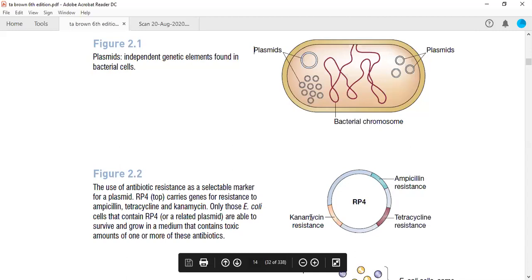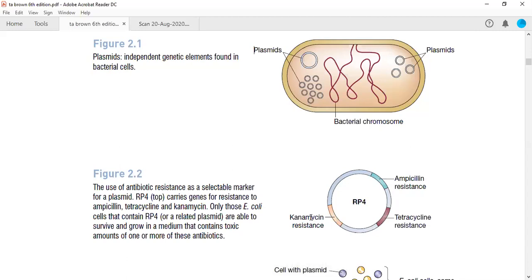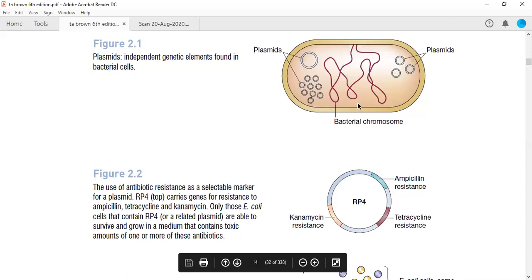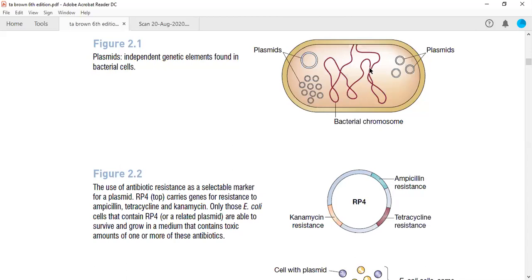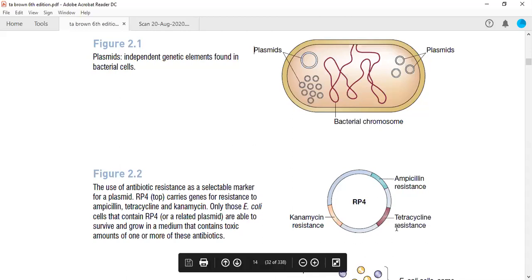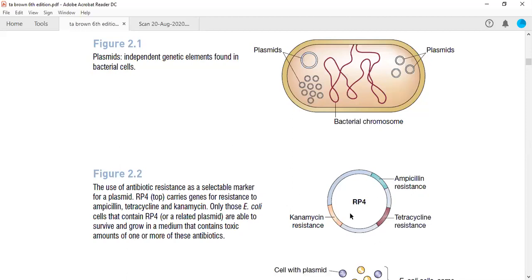So this is a kind of R plasmid, R for resistance, because if this plasmid is present in a bacterial cell, it gives that cell the advantage that it can survive in media containing any of these three antibiotics or their combination. If ampicillin, tetracycline, or kanamycin is given in the culture, the bacteria is able to survive because it has the resistance genes. It will degrade those antibiotics, and even in very high concentration, they are able to survive.